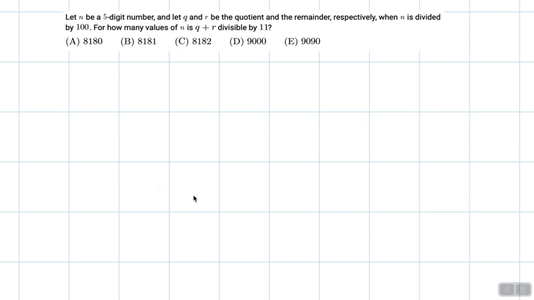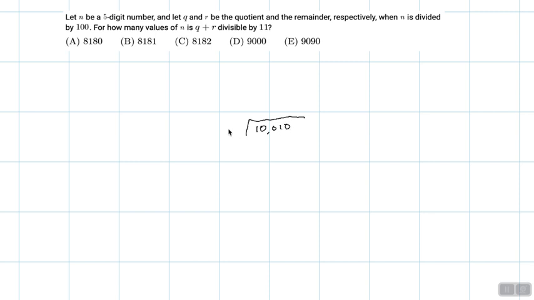Let n be a 5-digit number, and let q and r be the quotient and the remainder respectively when n is divided by 100. For how many values of n is q plus r divisible by 11? So the first value of n where this is going to be true is going to be